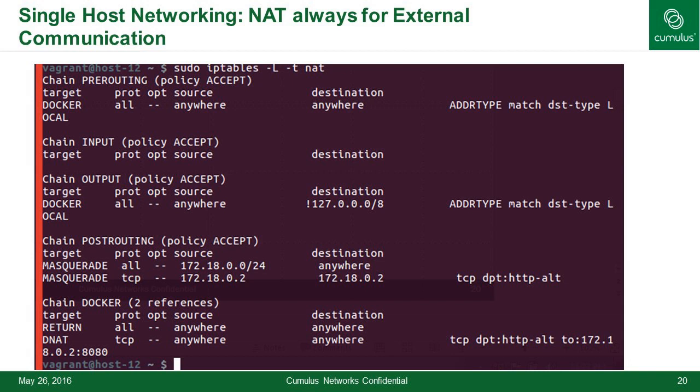But let's go back. So we are connected, host 11 is connected to leaf 1, which is assigned an IP address of 20.1. This is the bridge to which the hosts are all connected. So let's take a look at what's going on if I say bridge.20, show me all the ICMP packets please. I want to see what's going on.